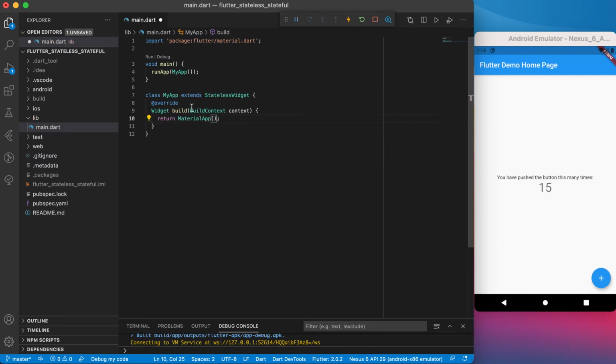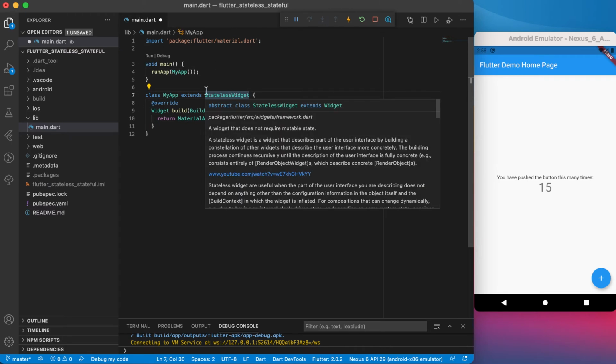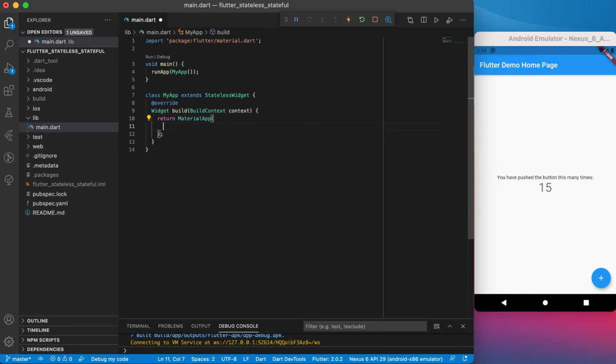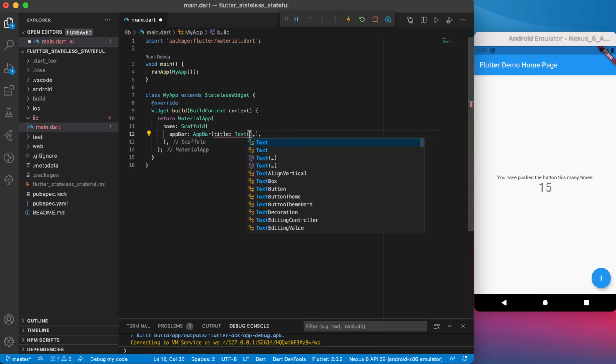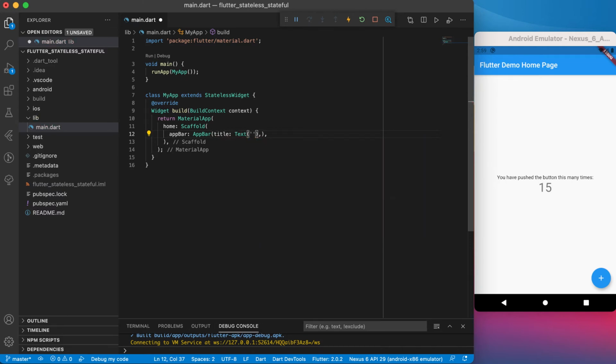So you'll remember in the previous videos that we did, we started everything right in there with a material app. So it's essentially doing exactly the same thing, but we are using a stateless widget now. So for this material app, let's have a home as the scaffold again, like we normally do. For the scaffold, let's have an app bar, and we're going to have the app bar just the title there. And let's say the text will be something like